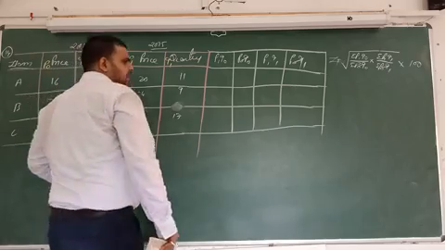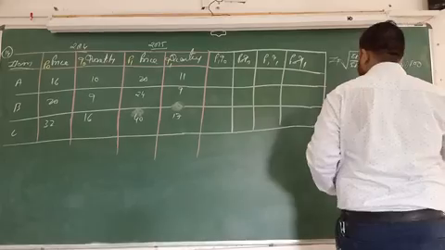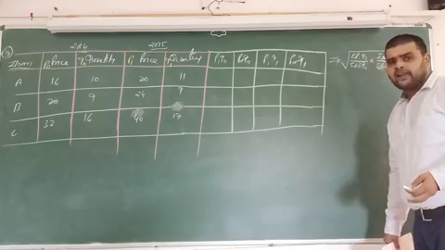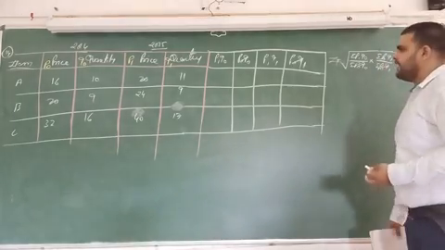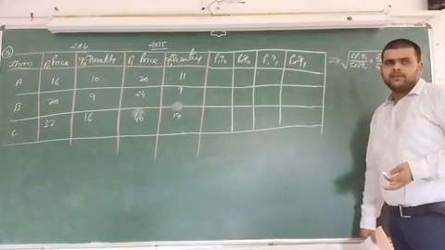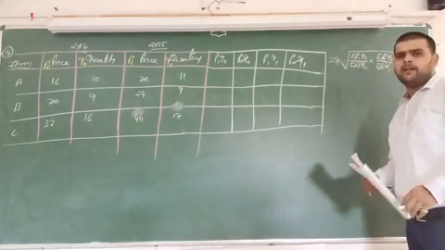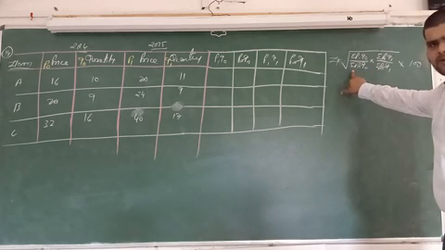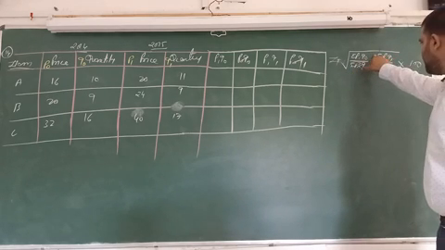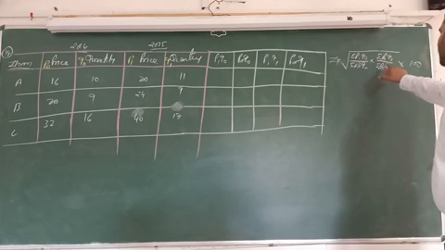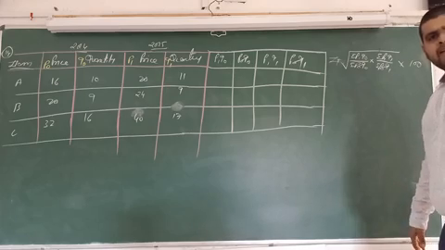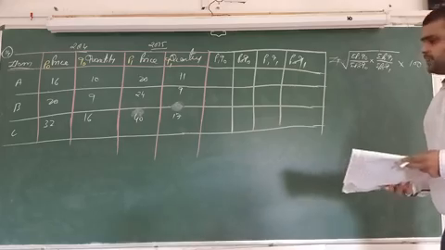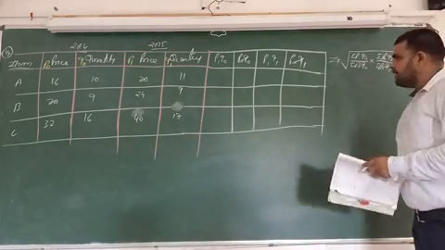Now on the basis of this, again we have to find out 4 things. Here we have to find out only sigma P1 Q0 upon sigma P0 Q0 multiplied by sigma P1 Q1 upon sigma P0 Q1, whole multiplied by 100. Okay, so here again we have to find out P1 Q0, P0 Q0, P1 Q1 and P0 Q1.